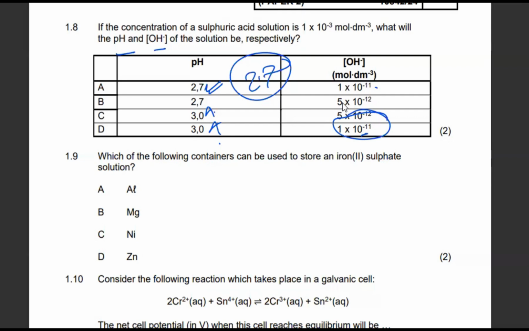What is the answer here? The correct answer is this. But now there is something which you need to look at. If I round off, because this is